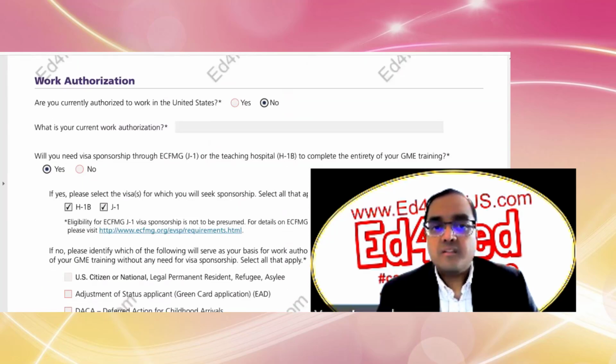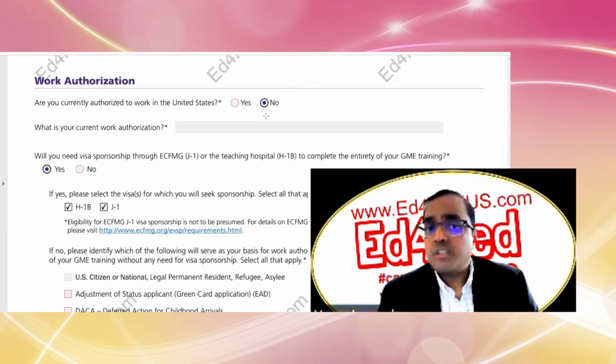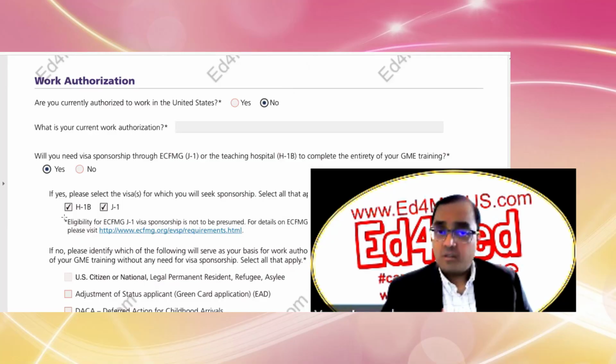Okay, let's look at the last two sections, which is the work authorization and then the language. So the work authorization for many IMGs might be that they're not authorized to work in the US. One question that I commonly get is, should I choose H-1B versus J-1? And this is a very personal decision.